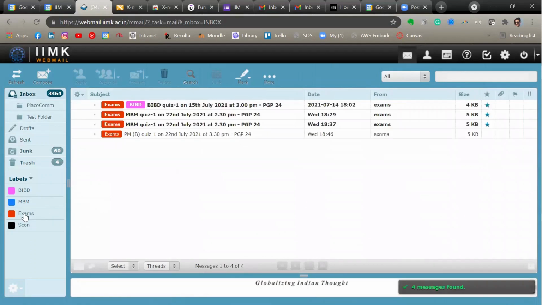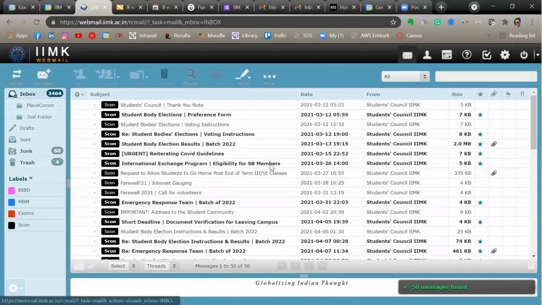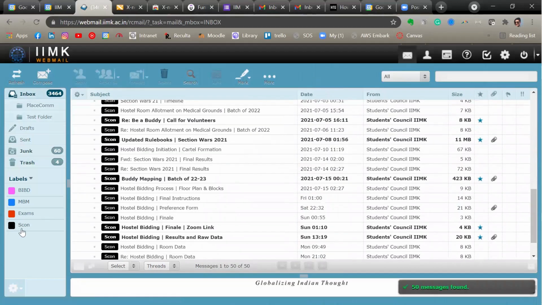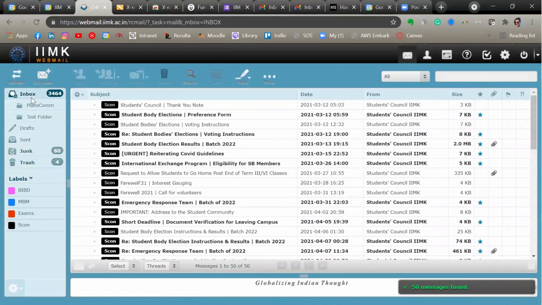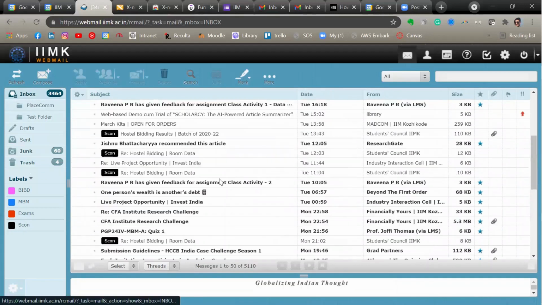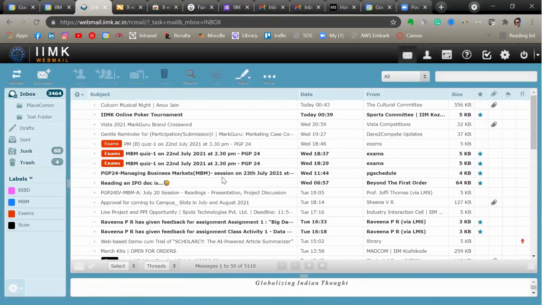If I click on this particular exam label, I'll be able to see only the emails which are talking about exams. So this is the best way to manage your academic deadlines. Again, you can find all your ESCON related emails collectively under this label. So in the inbox as well, you could easily identify those emails and take a particular action on those emails. So let's first learn how to create these labels.